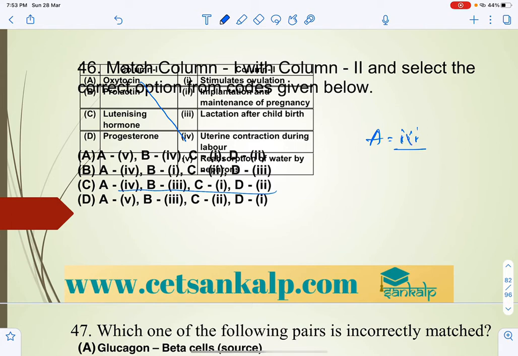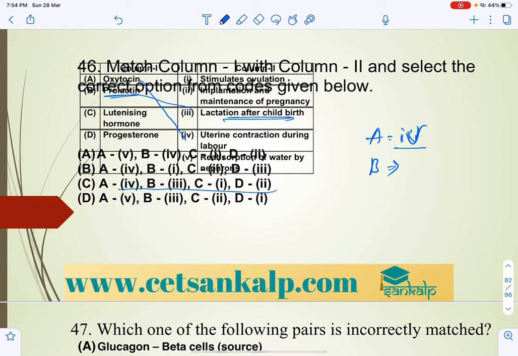So A4, and then prolactin B stimulates ovulation, relaxation of water. Prolactin, that lactation after childbirth, that is before childbirth also we can say that it helps in the production of milk. So here we can say that generally A4, that is B, prolactin, milk production and milk ejection. You can also say that the oxytocin, but let us take this 3. Here better to write production of milk.